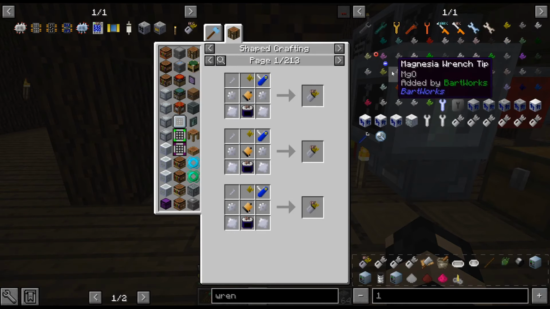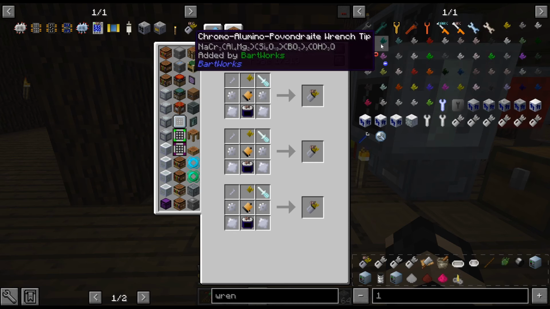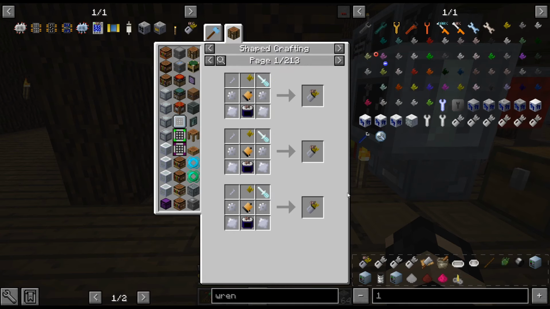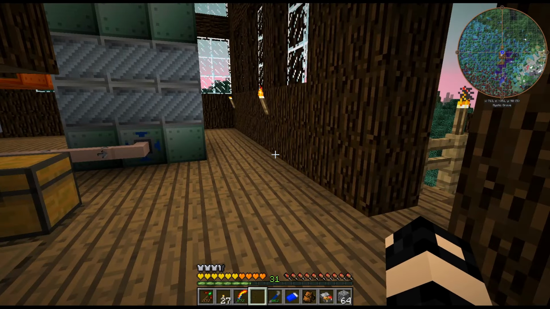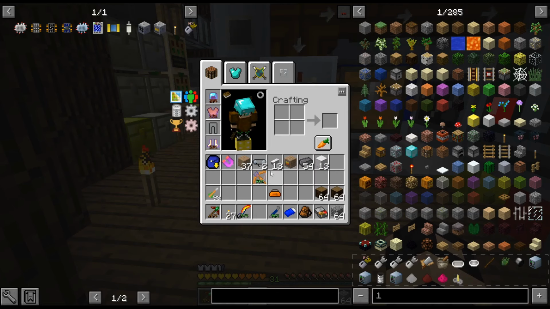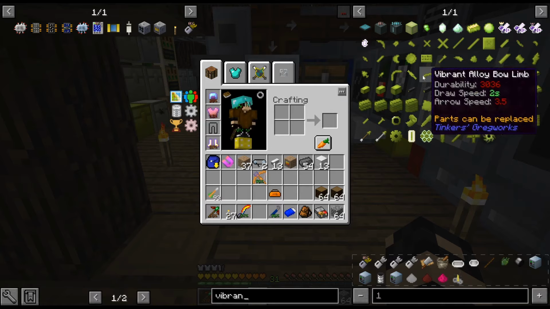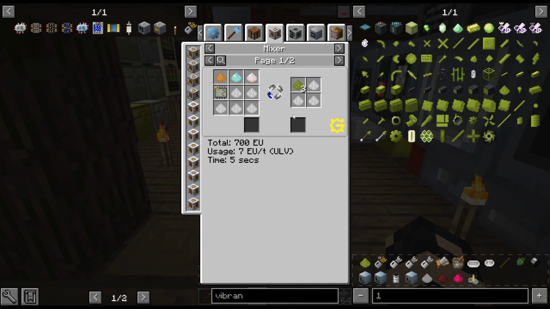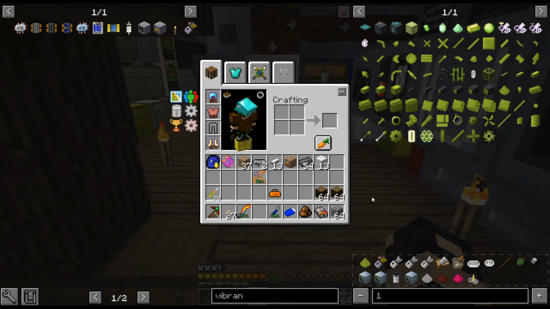Oh, is this all the wrenches? There's definitely a lot less wrench. Unless... Oh, this is just like the weird ones. Yeah, that's all the weird ones. I'm assuming the regular ones aren't there. What is our vanadium steel? I think we're at vanadium. No, actually, vibrant alloy. Can we do vibrant alloy yet, or is that next tier up? Because we do have energetic alloy, we do have an ender eye, we do have chrome. No, all right, we can't do that yet. I didn't think we could, but